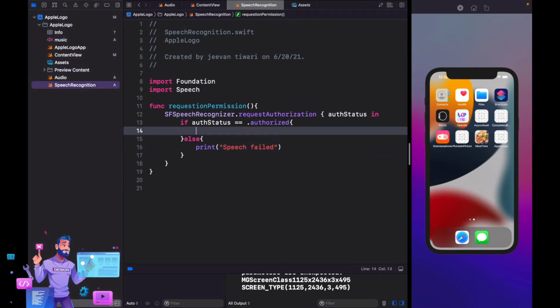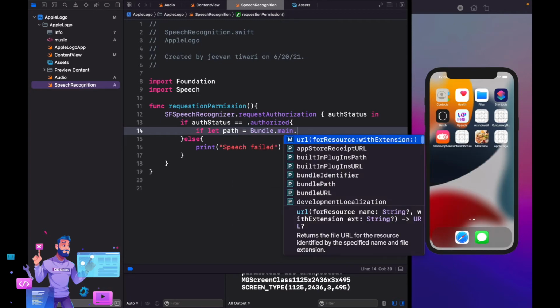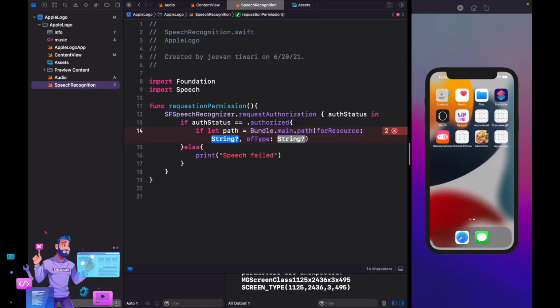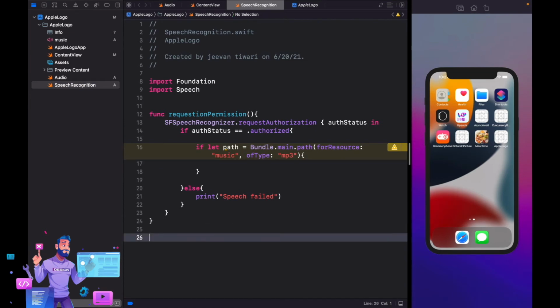Now I am getting the path of that music file, so I'm just writing if let path equals Bundle.main.path(forResource:), and the resource will be music and type is mp3. Now when we get the path, we have to write a function for speech recognition. So I'm just writing a new function, recognizeAudio,